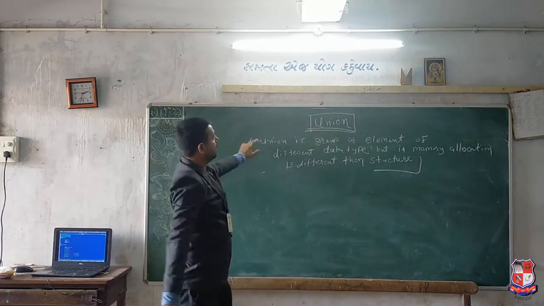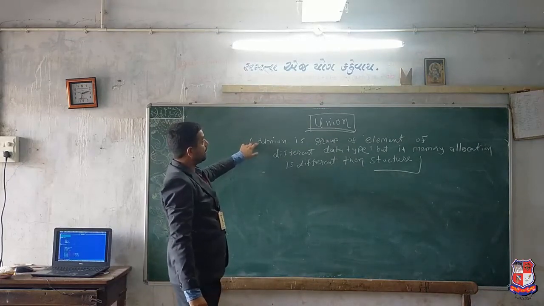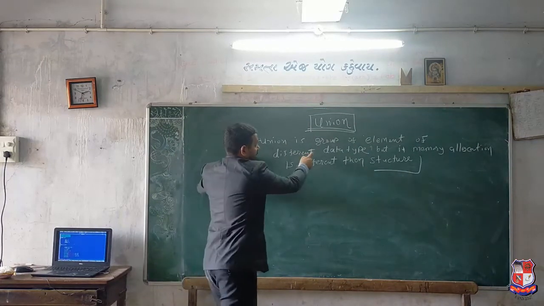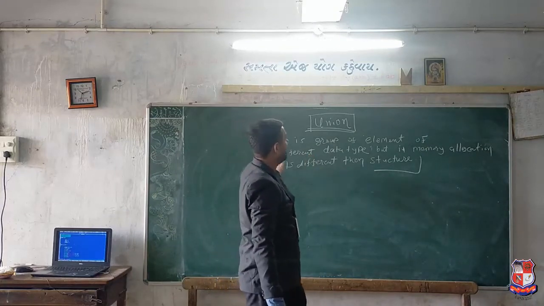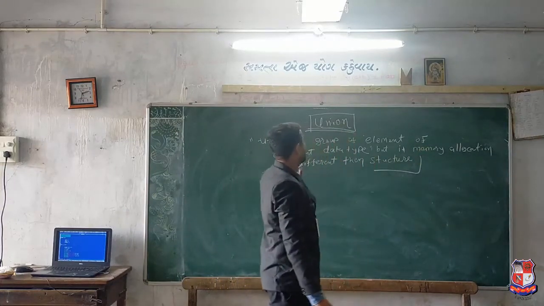Here we see that it is the same definition just like the structure. Union is a group of elements of different data types, but the only difference is that the memory allocation is different than